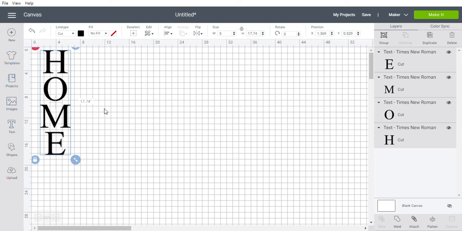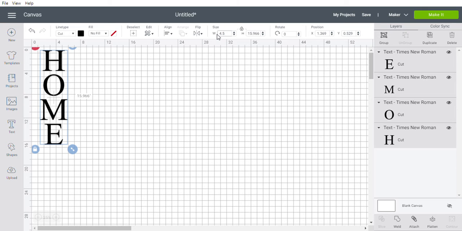17.74. That's still a bit more than we really want to use for the words home and still have room for suite. So while we have it all selected, we can just steal 1/2 inch from here. So we'll do 4.5 inches wide. That would add an extra 1/4 inch on each side. I assure you, no one looking at the sign is going to be like, oh, it's off by a 1/4 inch, right? It's just the tiniest bit smaller,